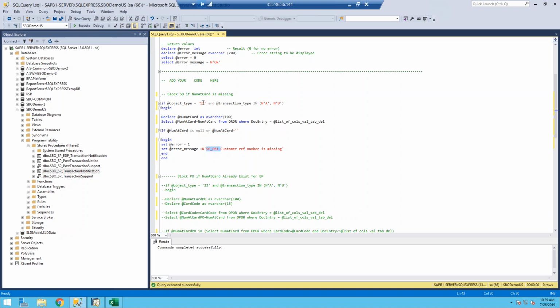In this case, if object type equals 17, which is the sales order, and transaction type is in A or U, it will work on the add, but also on the update. Okay, so in both cases, you could do either or both. And then we need to declare our variables. What do we want to set as mandatory fields? In this case, we set a variable Namit card, which is the customer ref number, and the field is nvarchar 100. Let's look at that field for a second,